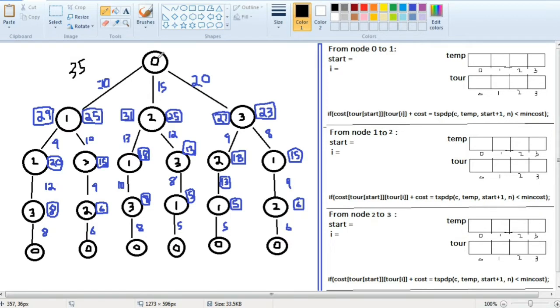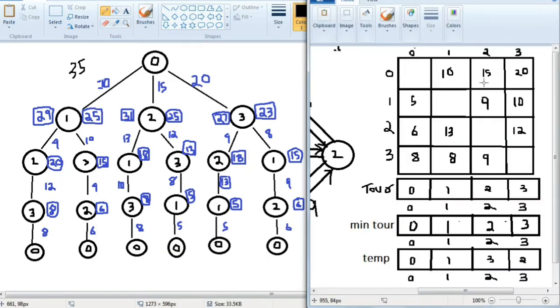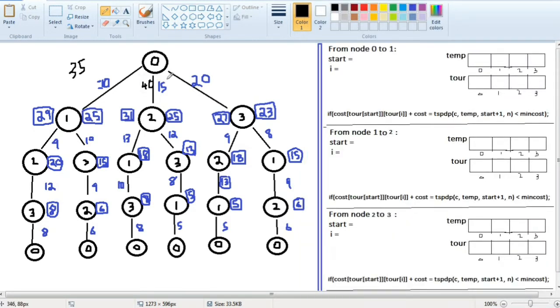If I choose to travel to 2, what will be my cost? 0 to 2 it is 15. See here, 0 to 2 it is 15. So I'll have to pay 15. Then from here I'll get minimum cost 25. So 15 plus 25 is 40. Okay. And similarly from here 20 plus 23 it is 43. Okay. Total cost traveling from 3 will be 43. So what's the minimum cost I'll have here? That's 35, right? If I travel from 1 and from this path, this path will give me the minimum cost, which is 35. Now let's see how to do the same thing in a Java program.